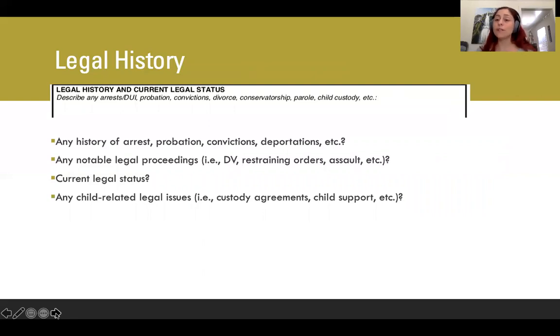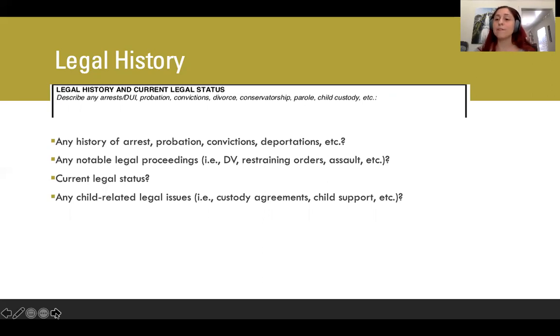And you don't want to be so skewed by your bias that you look at someone and say, they don't look like they have legal problems, so I'm just going to put no. Make sure you ask, what does someone who looks like they have legal problems look like? So make sure that you ask, have you ever been arrested? Are you on probation, or have you ever been on probation? All of those questions helpful. Any legal proceedings, domestic violence issues, restraining orders, assault, child custody orders, child support issues, all of that goes here